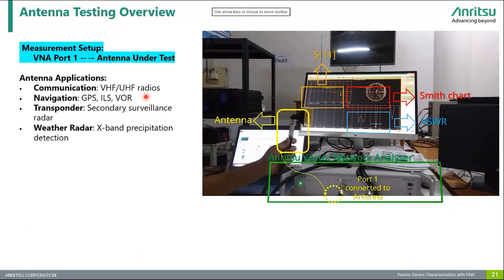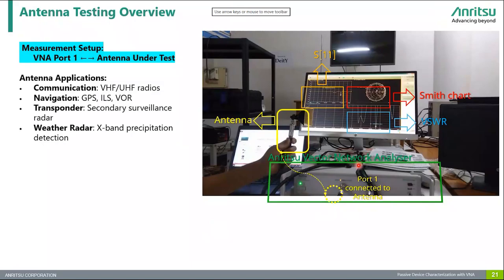This slide focused on the practical setup and applications of antenna testing using a vector network analyzer. This measurement setup is simple and powerful. VNA port 1 is connected directly to the antenna under test. This allows us to measure key parameters like S11, which represents the input reflection coefficient. On the VNA screen, you can see both the Smith chart and VSWR plot, which helps visualize impedance matching and